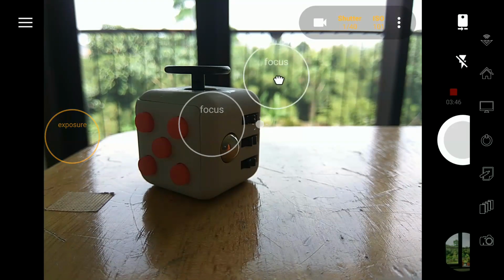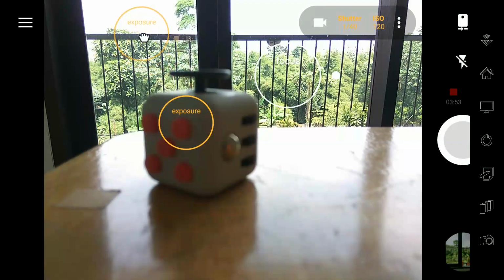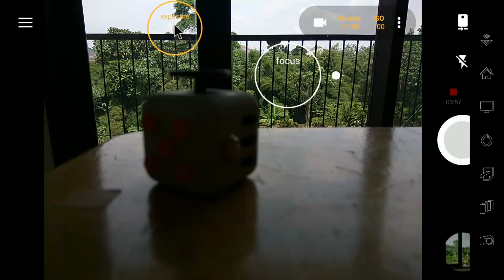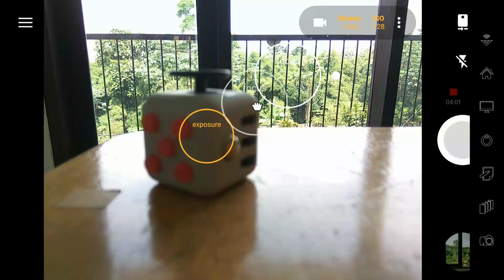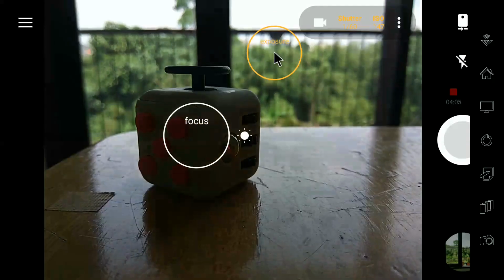To set the focus, we just need to drag the focus circle to the desired object. To make the photo brighter, just drag the exposure circle to the darkest place or object. Usually we cannot do this in other camera applications.